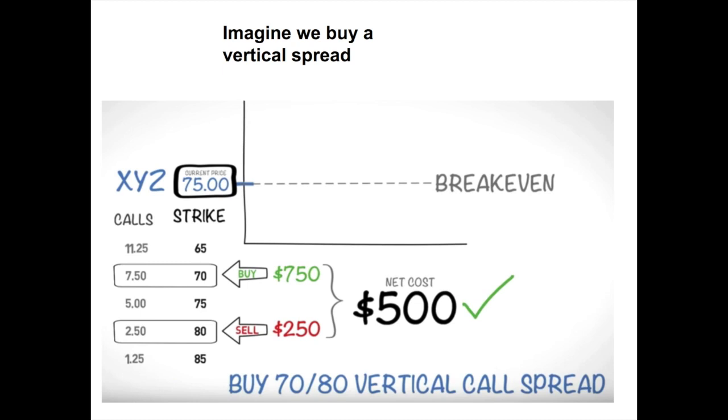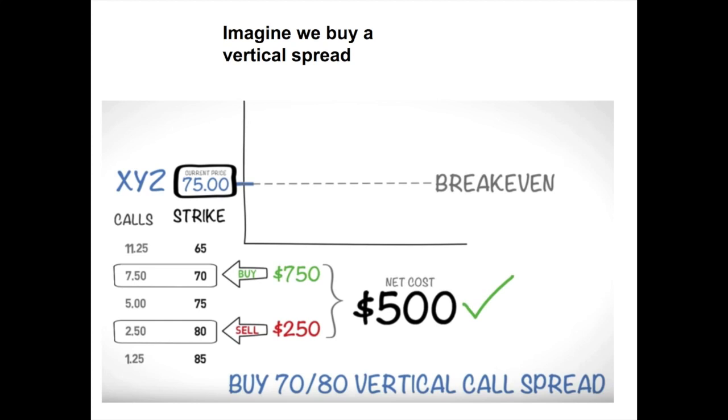Let's say a stock is trading at $77.50, and you're bullish about the stock and you think that the stock will rise in price. So what you want to do is buy an in the money strike call of $7.50, and you want to sell the 80 call, which costs $2.50. And since when you buy an option, you have to buy 100 shares, you have to times $7.50